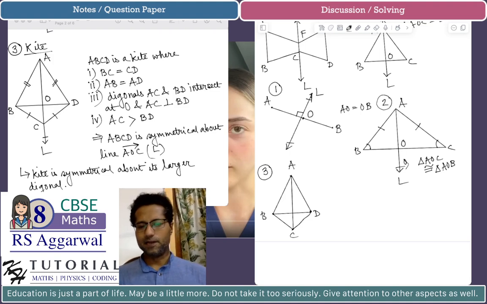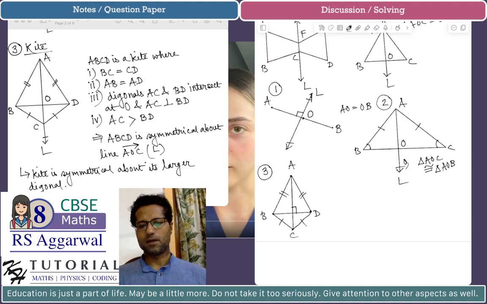the diagonals intersect each other at right angles. I didn't say that the diagonals bisect each other. The diagonals intersect each other at right angles, such that you will have BC equals CD, and AB equals AD. You draw the 2 diagonals, AC and BD. If you draw the diagonals AC and BD such that they intersect at right angles, and also BC equals CD and AB equals AD, then the figure ABCD will be a kite, and it will be symmetrical about